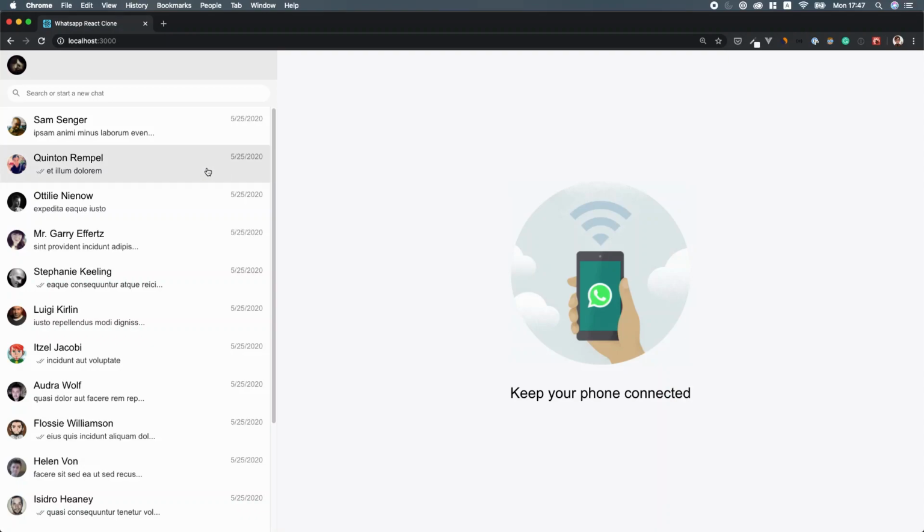So for today's video, we are going to try to recreate the interface of WhatsApp Web. I really like this UI, how simple it is and how everything is structured. As you can see, we have all the main components, we have all the contacts, and we can filter